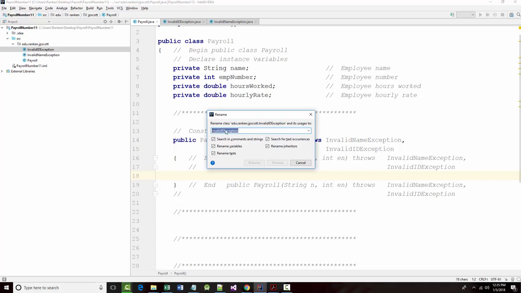And instead of invalid ID exception, I want to change that from invalid to